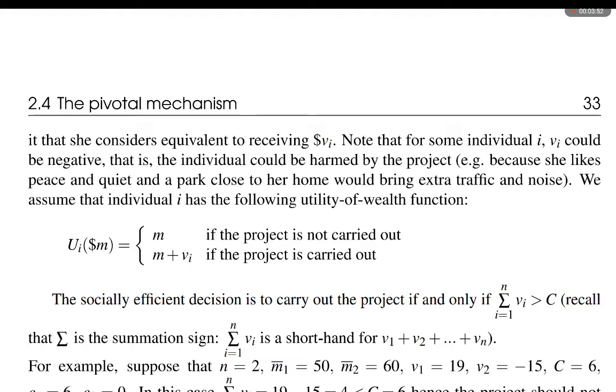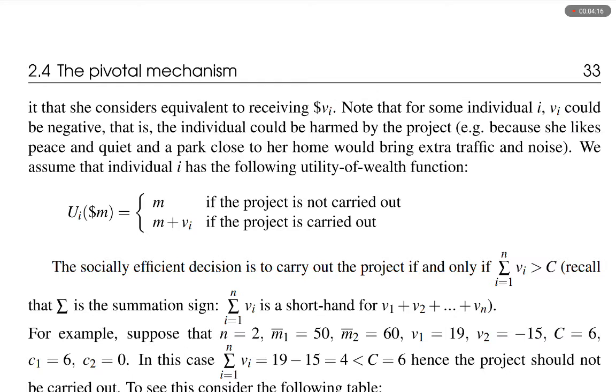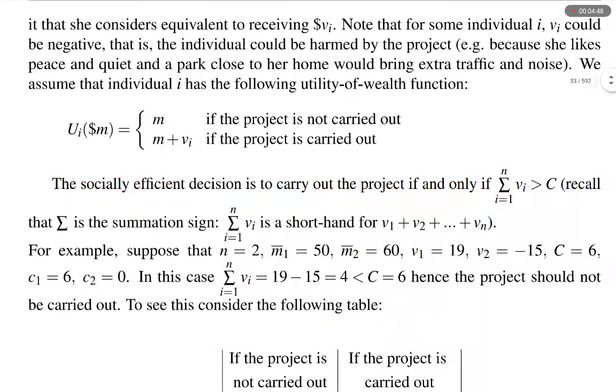We assume that individual i has the following utility of wealth function. U_i($M) equals M if the project is not carried out, and M plus V_i if the project is carried out. The socially efficient decision is to carry out the project if and only if the sum of V_i from i equals 1 to n is greater than C. Recall that capital sigma is the summation sign,